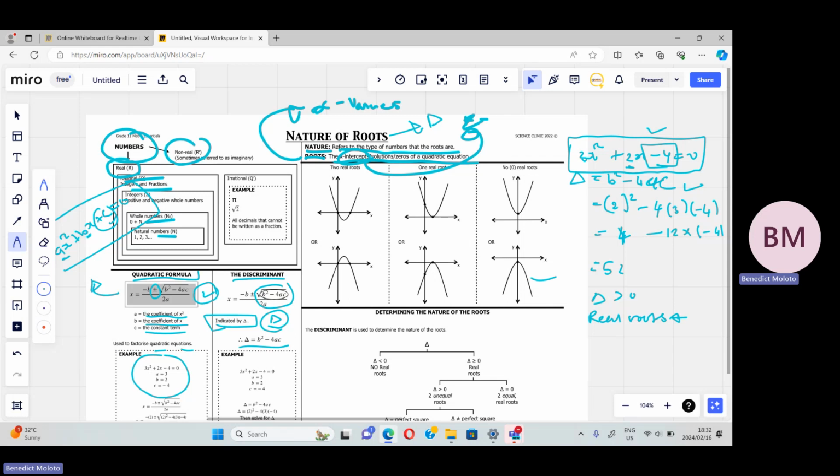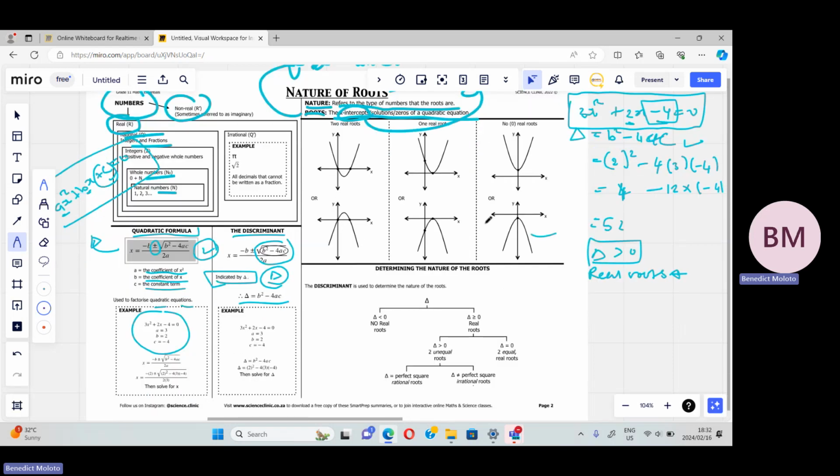I'm going to explain why I'm saying when it is positive, the roots are real. When it is negative, the roots are something else. I'm going to explain more. Don't worry. Let's go into details now. Remember, always when they're talking about determining the nature of the roots, we're looking at a parabola. Remember, algebra is linked to everything with regard to math. So, a lot of things that we deal with, we're looking at a parabola, right? Let me erase some things here